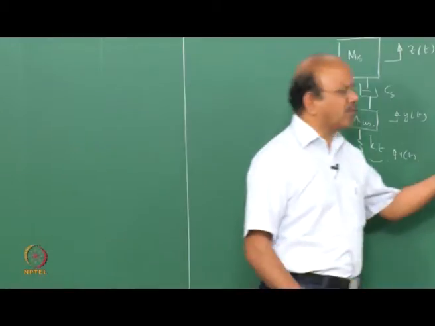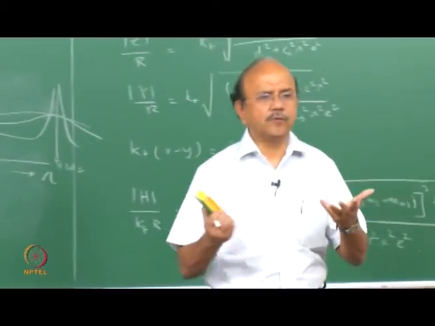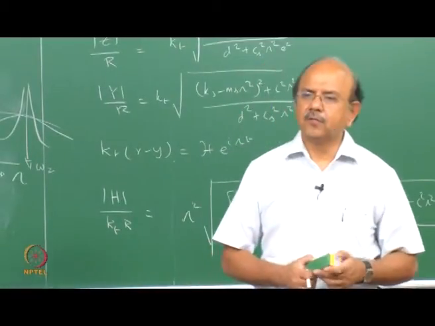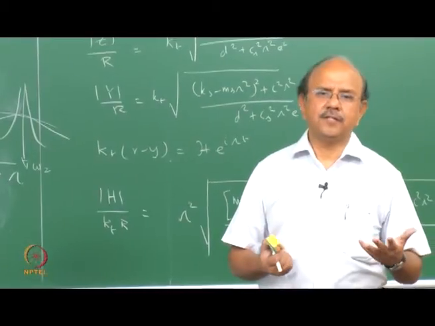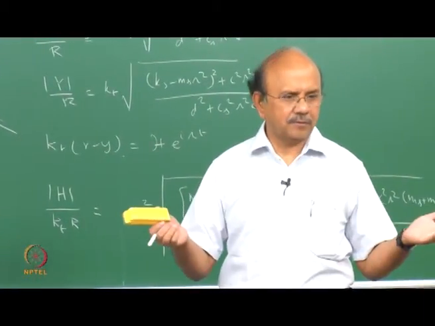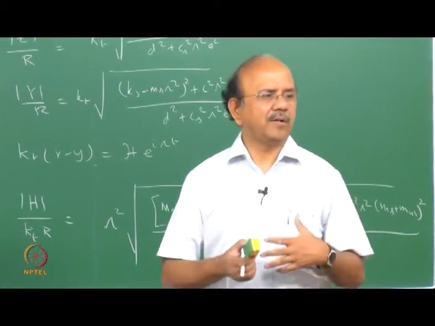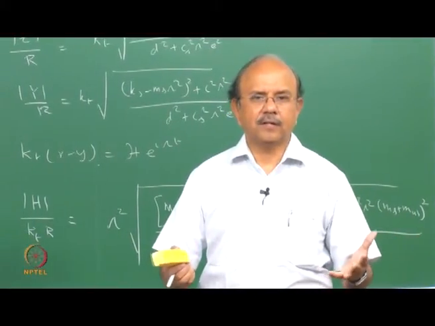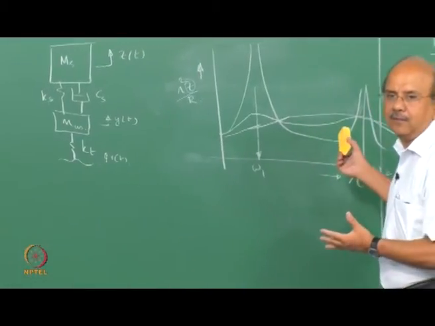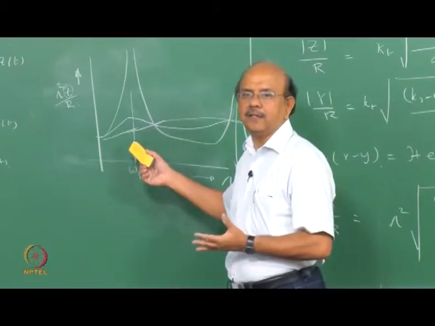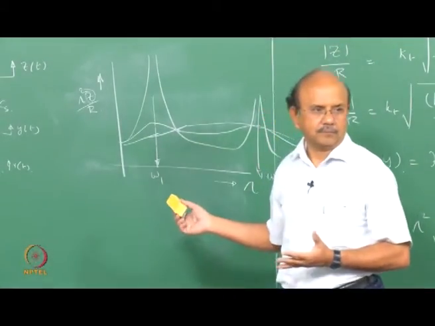So given a choice, what will you do then? You do not know what frequencies are going to be excited, maybe all of them. So what would be a choice? The best choice would be that I have C as flat as possible. Is it a correct choice? No, but as a first cut, you can look at C as one which is almost flat, not that it is high at one place, low at other place, and so on.